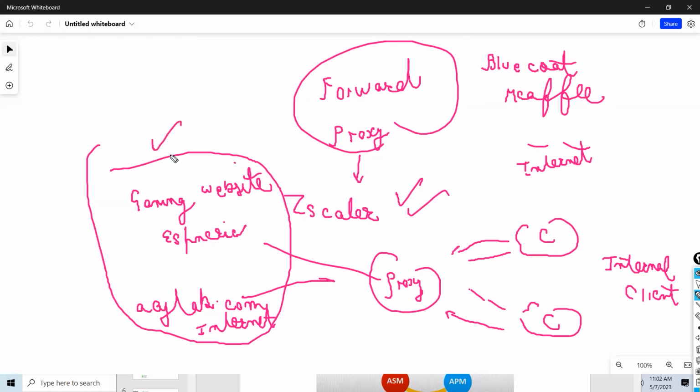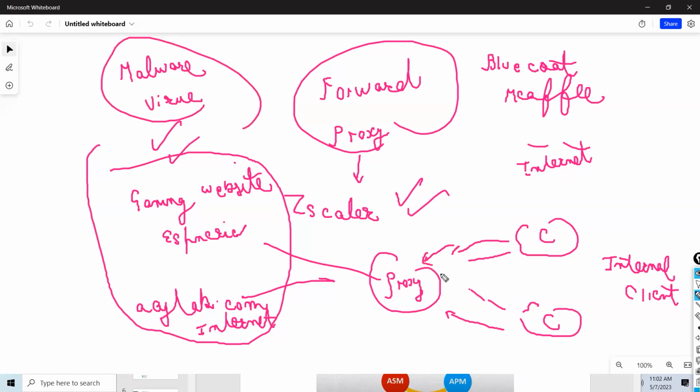This can be phishing pages also, right? I don't trust this web page. I want a restriction so that no malware or virus comes in. So proxies scan your incoming traffic and what users want to access. So when I talk about a forward proxy, it is also called URL categorization.